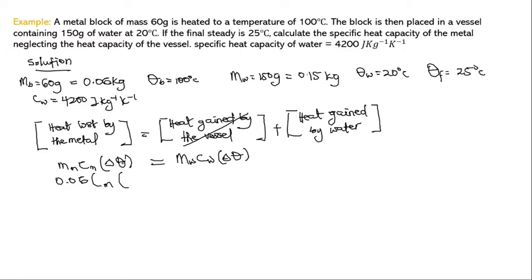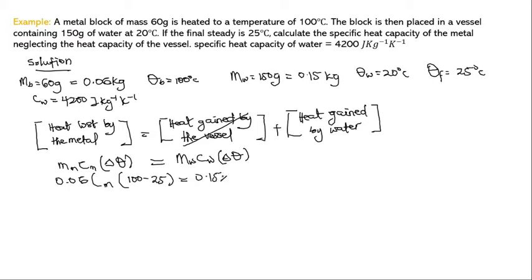Then the change in temperature over here. Initially the metal ball was at 100 degrees Celsius, so we have 100 over here. Then after it has been transferred into the water, the final steady temperature is now 25. So the change in temperature will be 100 minus 25. This is equal to the mass of water, which is